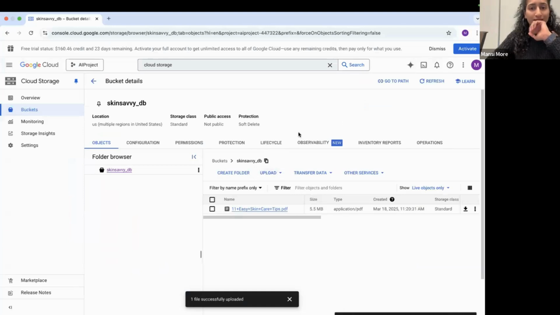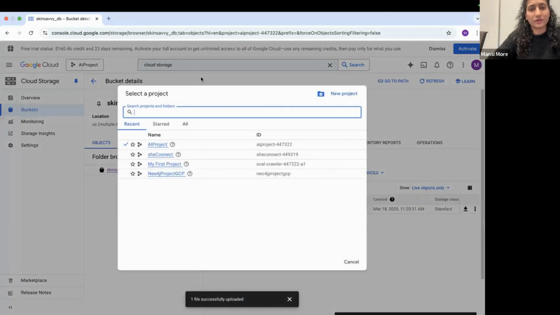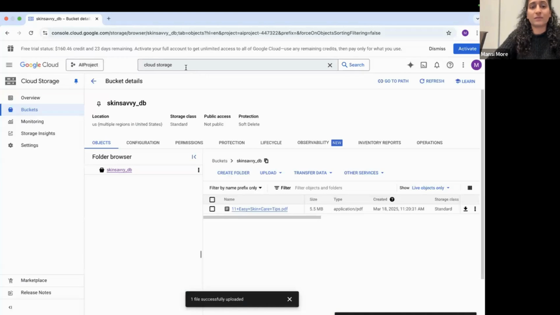I hope we all are on the same page. So first we created an account on Vertex AI on AI projects. So this is a project name. You can give any project name and start with a new project. If you don't have any project, you won't be able to access anything here.